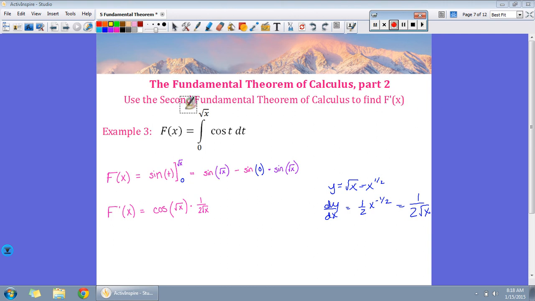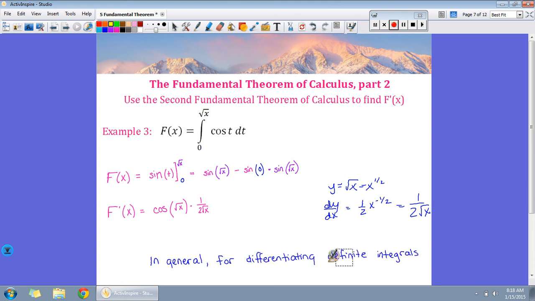So in general, we can say that you're going to take whatever this function is and plug it into your variable t, but if it's a function and not just x, then you also have to remember to multiply by the derivative of whatever this function is. So, in general, for differentiating definite integrals,